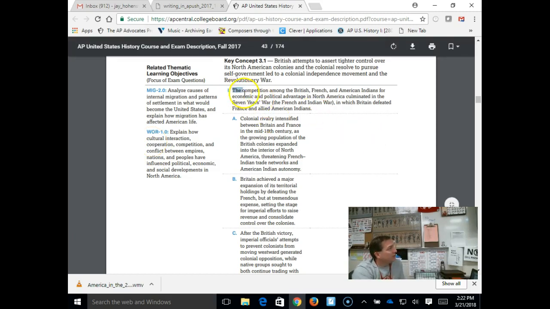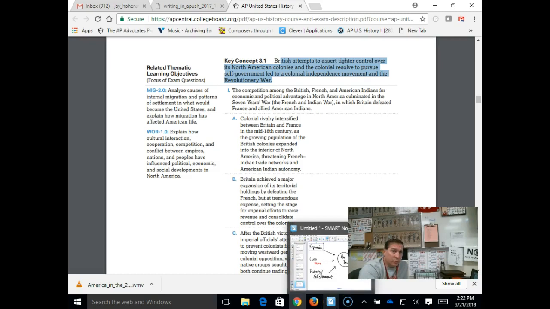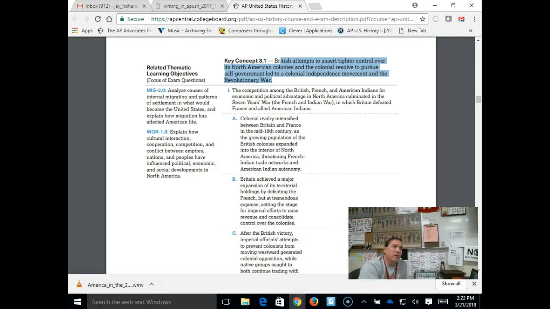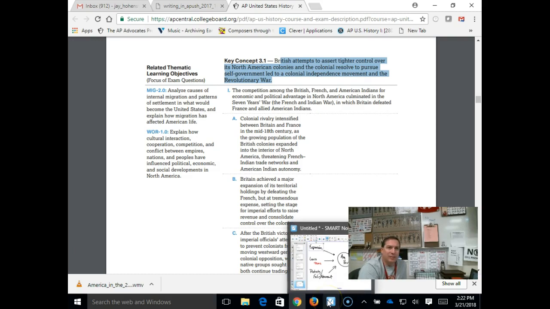So this theme that you see right here, the British are going to try to take tighter control over the North American colonies, which means they're ending what time period? Salutary neglect. There's your contextualization. So if you're thinking about your DBQ and you're trying to figure out how do I contextualize at the beginning, there's a feeling of salutary neglect that's going on during the French and Indian War that is going to color the feeling of American independence, and that's going to be a continuity throughout the whole time period. The idea that Americans want to be independent, to be away from the British, it stays the same in some ways, but in some ways it revolutionizes and changes over the time period of 1763 to 1783.